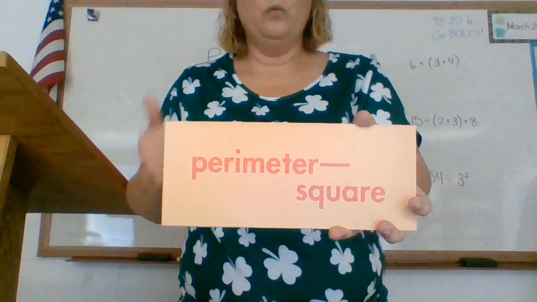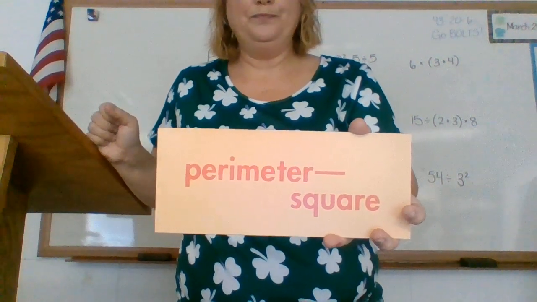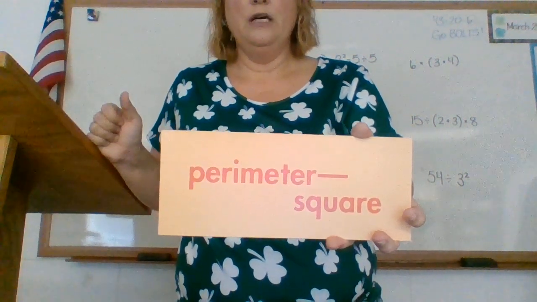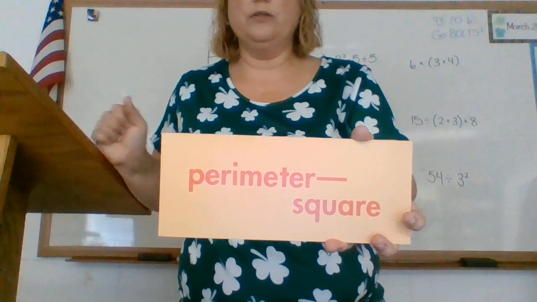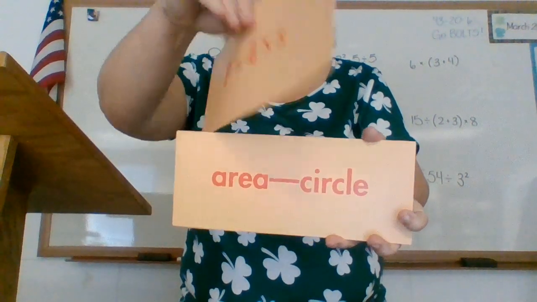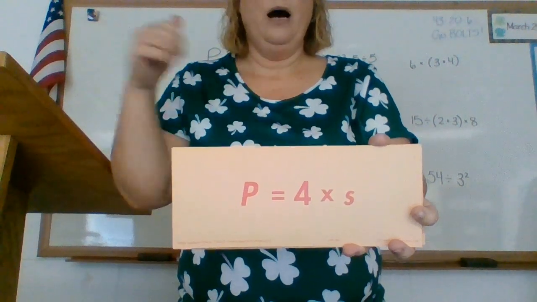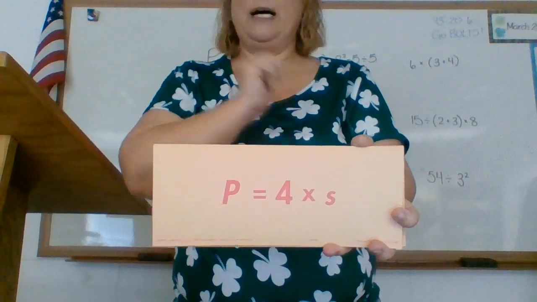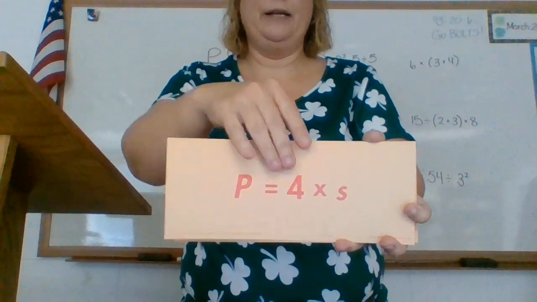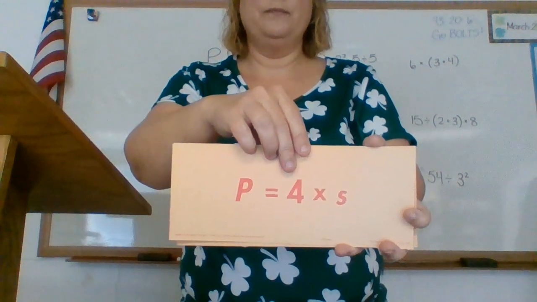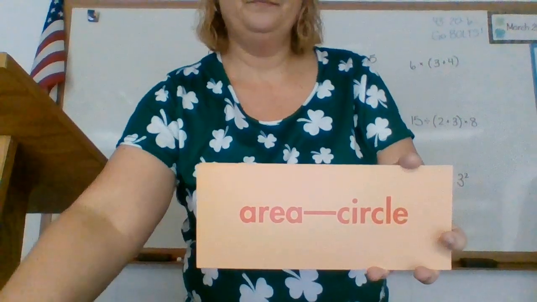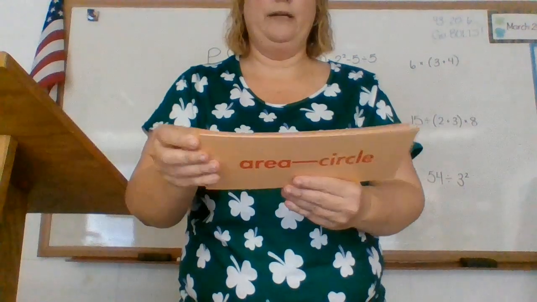So if you remember what perimeter of a square is, you should have started with P equals, and then hopefully you said side times 4, or 4 times side. Okay. You could also add all 4 sides, side plus side plus side plus side, but you will need to remember this. We're going to skip ahead to